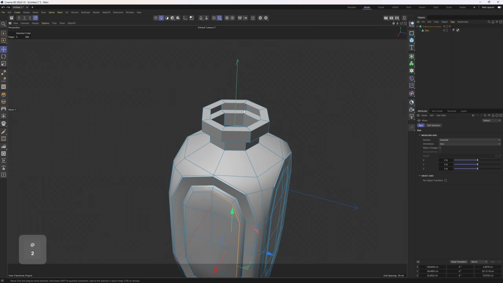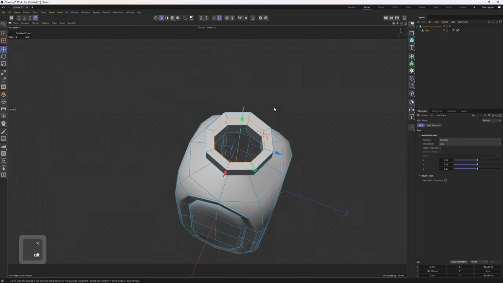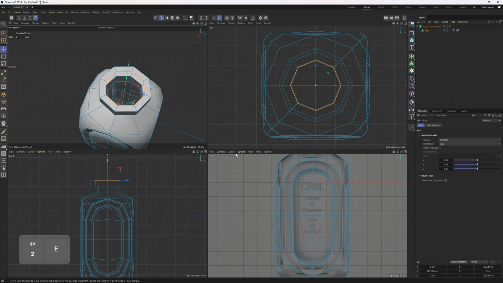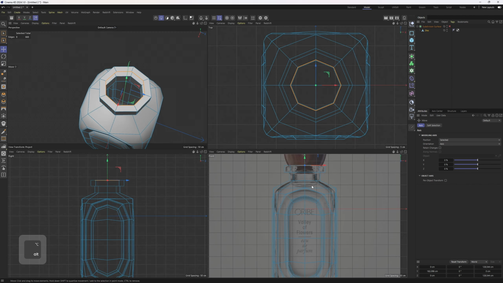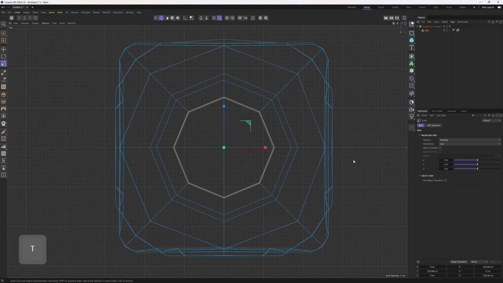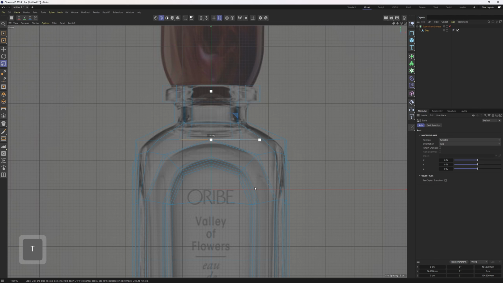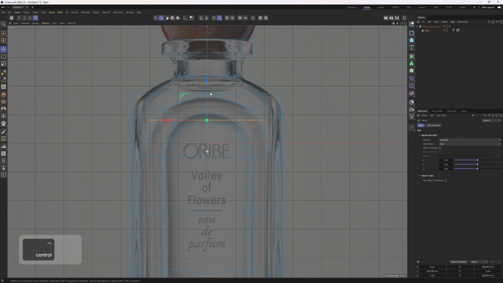Now, what about the inside? We need to model it as well because, again, this is going to be a glass object, so we need to have the inside in order to get cool looking renders. So let's scale this in. I'm going to hold down Control, drag that down, then I'm going to do that one more time, but this time I will scale it up. Hold down Control,